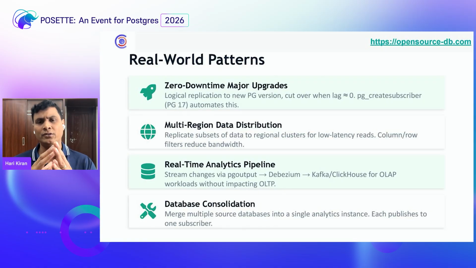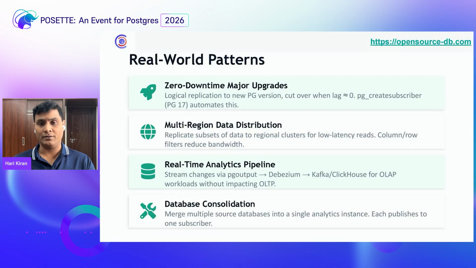Let me quickly walk you through four production patterns that we have been seeing where logical replication is making a huge difference. Zero downtime migration and upgrades. This is probably the most common use case: you set up logical replication from your PG16 cluster to a PG18. Once the subscriber catches up, you are good, right? You can do the upgrade. And pg_upgrade brings in uncertainty in a large database that could be avoided.